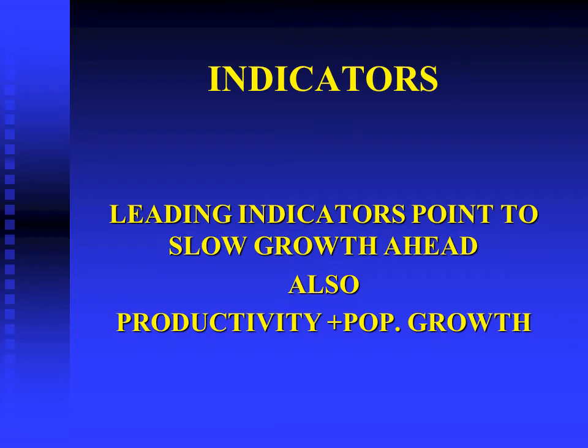There are several leading indicators that are telling you which way the economy is growing. I will point to some of them, and that is important. But the most important thing to keep in mind is that the long-term growth of the economy is given by productivity growth, which right now, as of April 2012, is close to zero, plus population growth. So if population grows at 1% and productivity is close to zero, you know that the economy is not going to be exuberant at all.